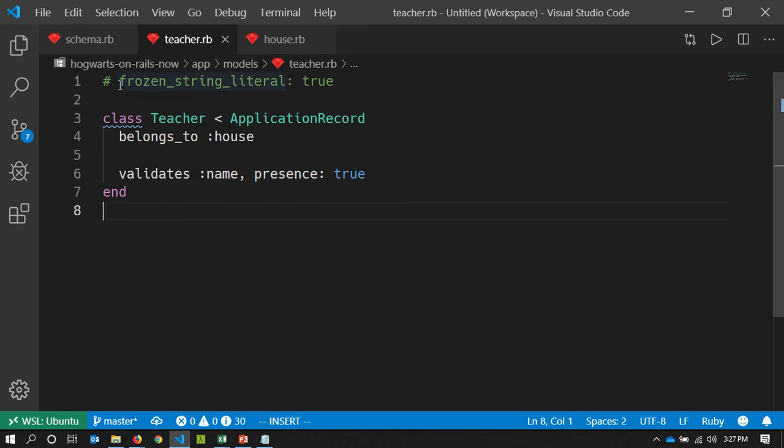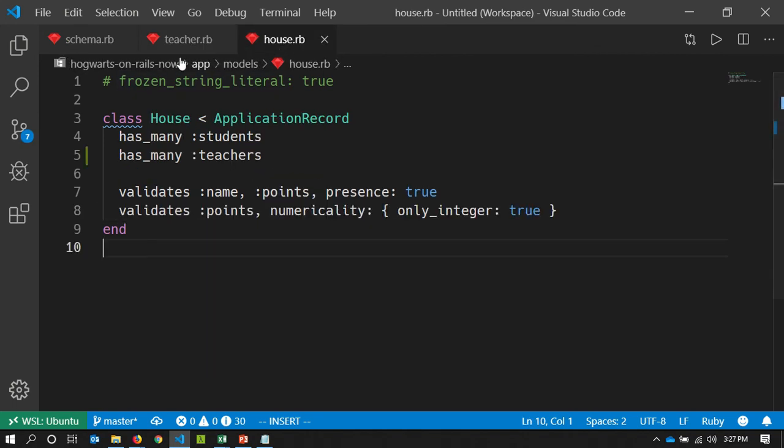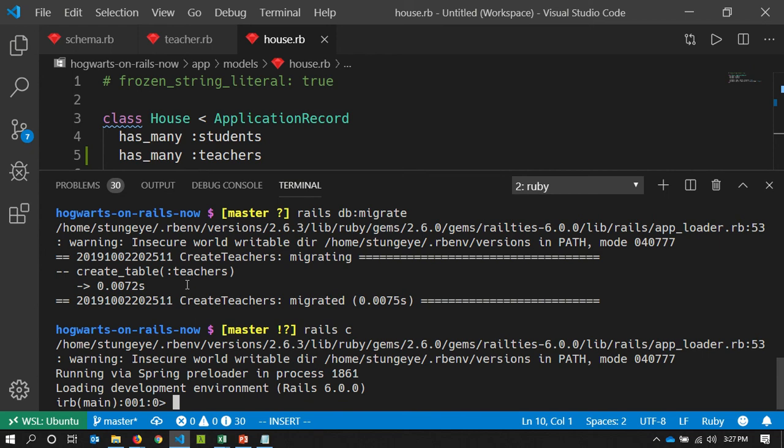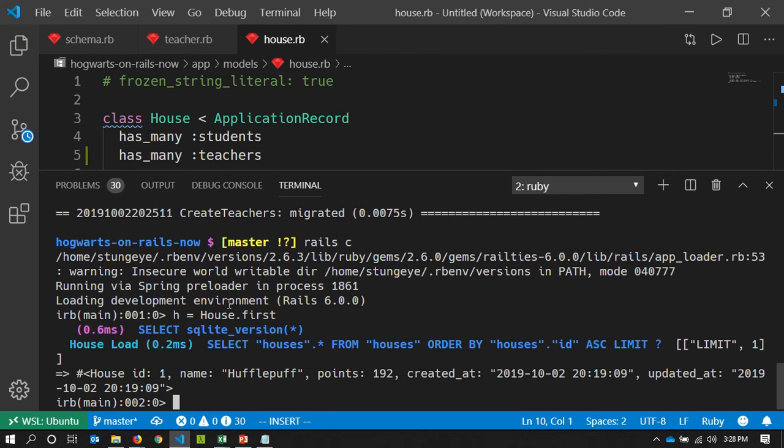So that's all we need to do as far as annotating these models. We should now be able to, if we open up a Rails console, find a house and create a teacher associated with that house. So if I grab a reference to a house, say h = House.first, that'll give me a reference to Hufflepuff, and then I can say h.teachers.create, and we can have a teacher named